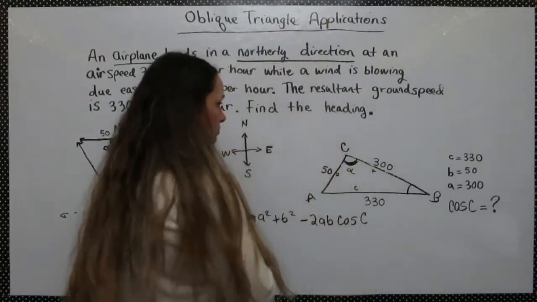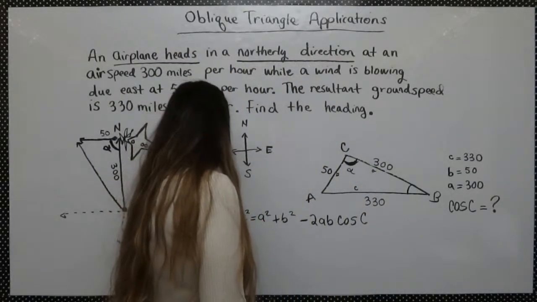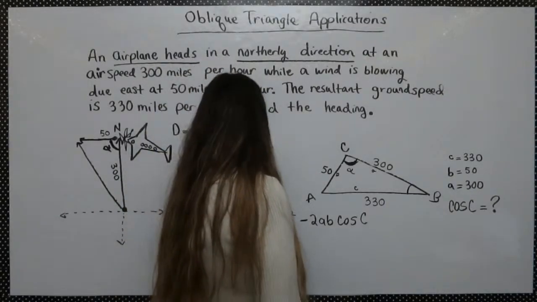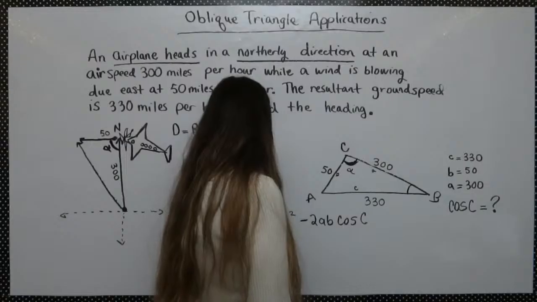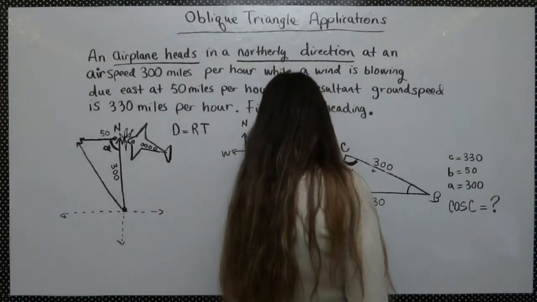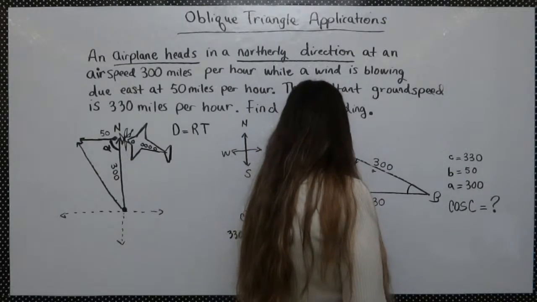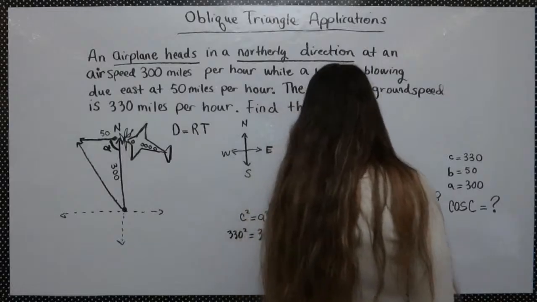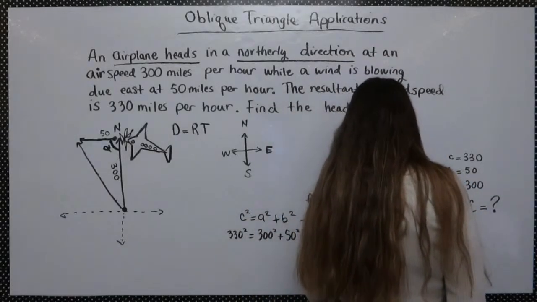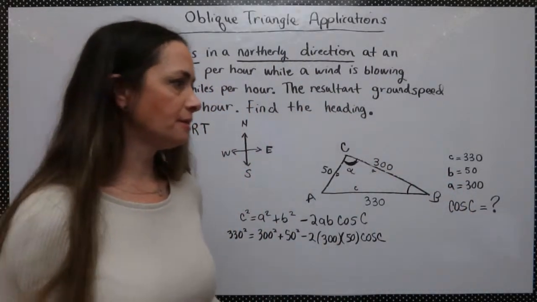And let's try this one more time. So we have 330 squared, and that equals 300 squared plus 50 squared minus 2 times 300 times 50, and that's cosine C. And then